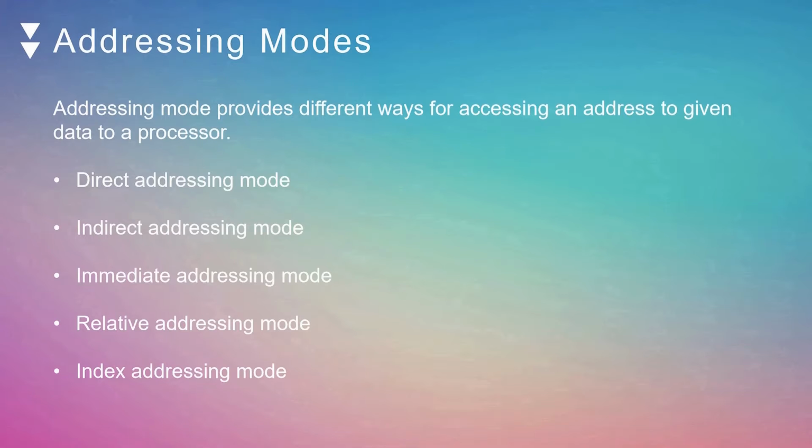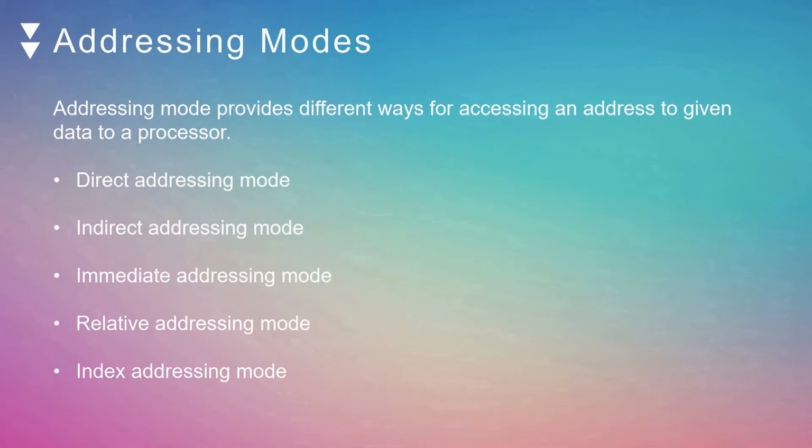Indirect addressing mode. In the indirect addressing mode, the instruction specifies a register which contains the address of the operand. Both internal RAM and external RAM can be accessed via indirect addressing mode. Immediate addressing mode. The immediate addressing mode implies direct data is given in the operand, which moves the data in the accumulator. It is very fast.